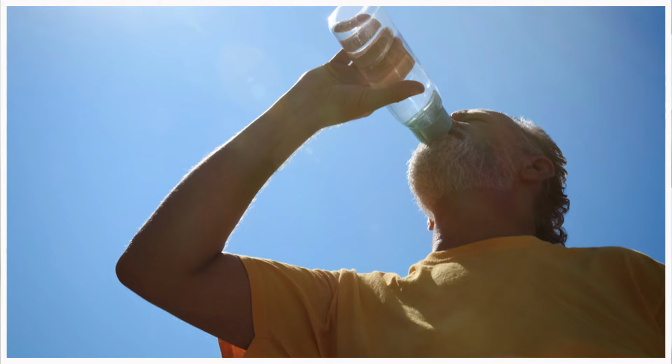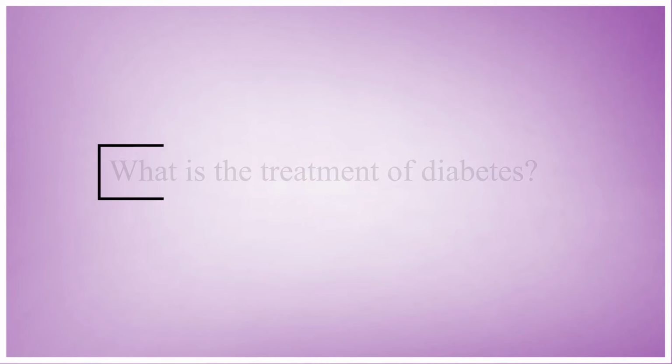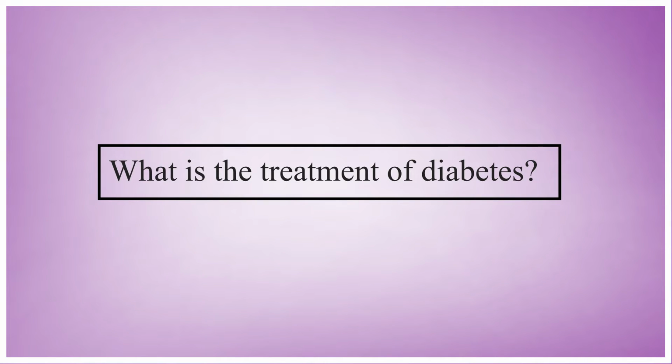But along with this, if the patient is symptomatic of hyperglycemia, as we have already discussed, that is loss of weight, increased thirst, hunger, or if the patient is having any tingling, numbness or blurred vision, a random blood sugar of more than 200 is usually suggestive of diabetes, but the best criterion is to go with the oral glucose tolerance test. What is the treatment of diabetes, or how are you going to treat diabetes?